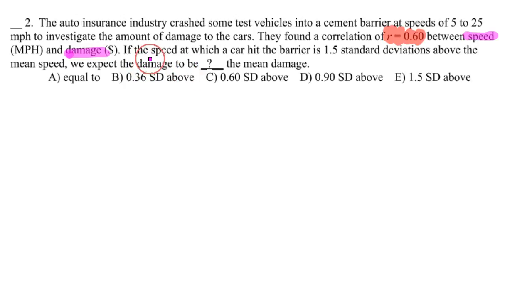Now, if the speed at which a car hits the barrier is 1.5 standard deviations above the mean speed, this is going to be important here, 1.5 standard deviations above the mean speed. As a reminder, because they use standard deviation as a measurement, we can call this a z-score. What do we expect the damage to be for the mean? Well, to illustrate this idea,